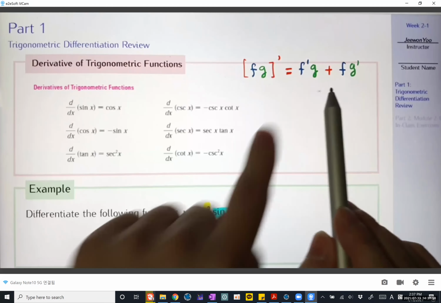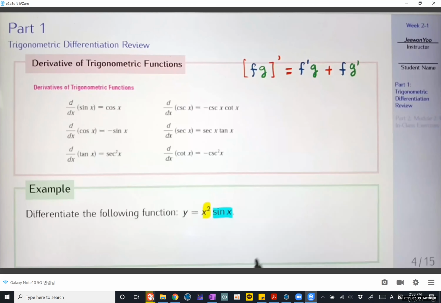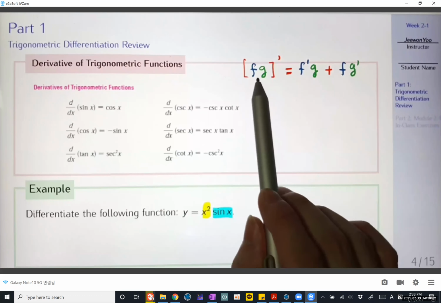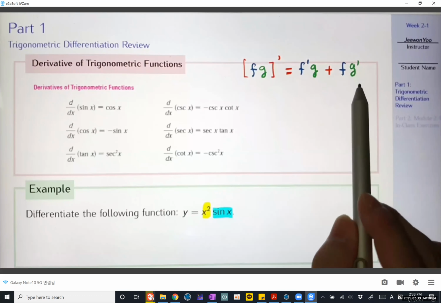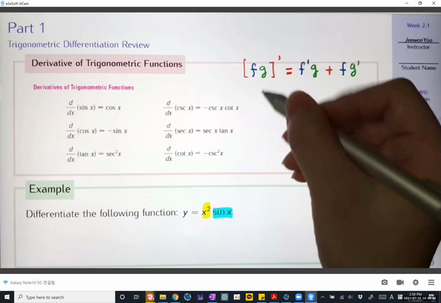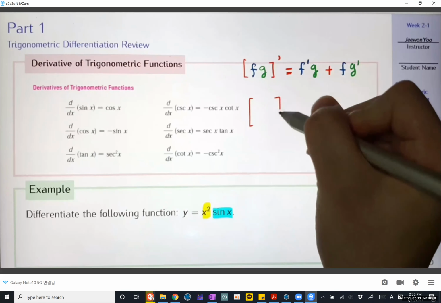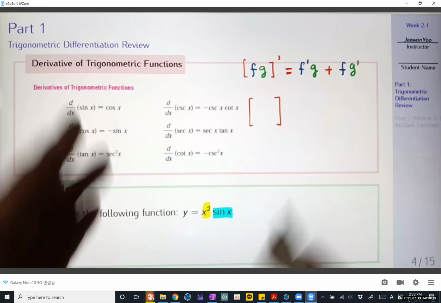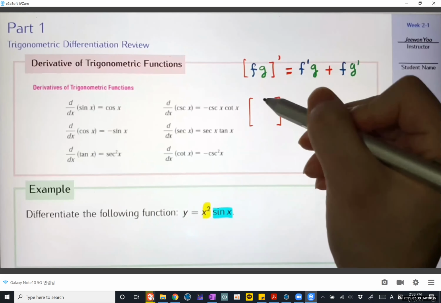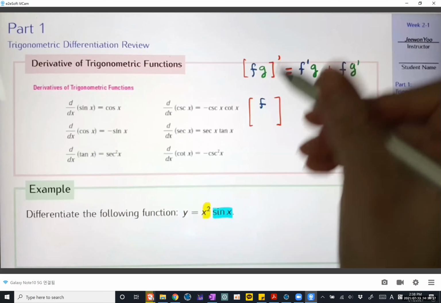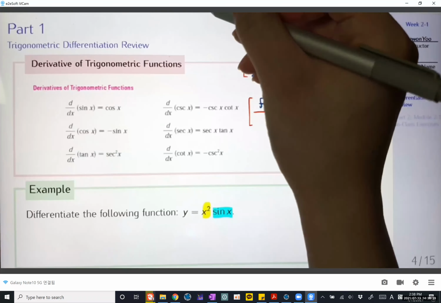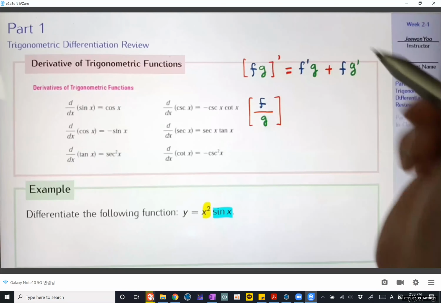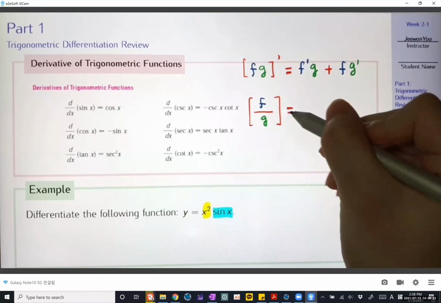So that's the rule, okay? Whenever we have a product of two functions, this is a product rule. And the quotient rule is kind of opposite of the multiplication. The opposite of the multiplication is division. Division means, say I have a top function f, say I have the bottom function g, then the quotient rule says